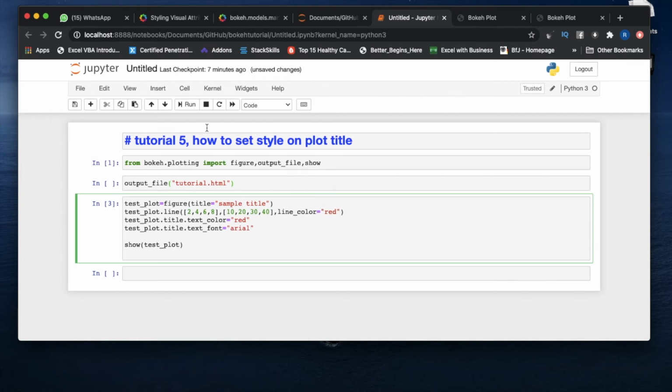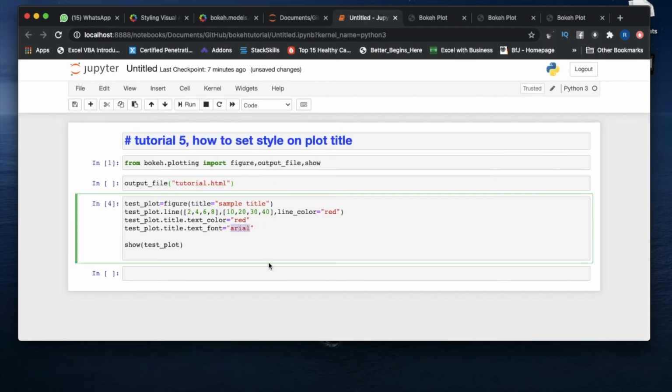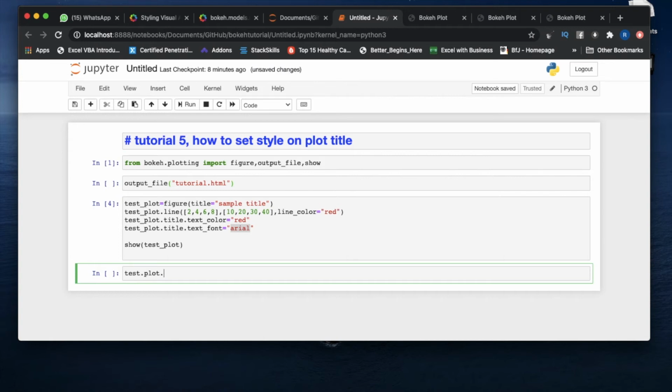Let's try this. Got Arial, but it doesn't make much sense, because I'm not able to tell whether it actually changes anything. What else can we write? I need to check, just wait. So test_plot dot title.